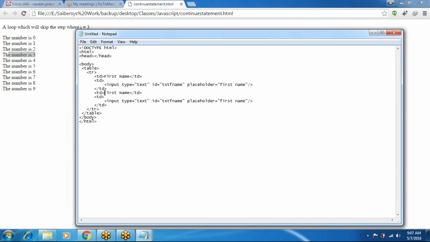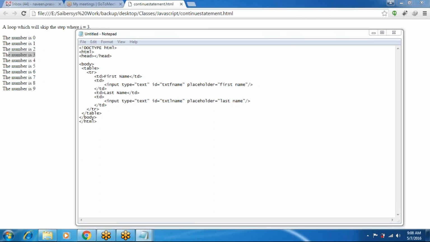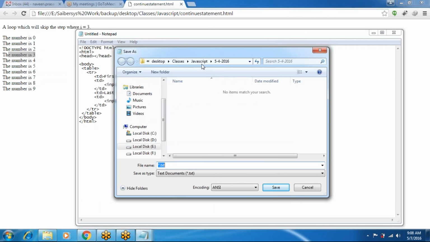So last name also, last name, last name. Okay, save this form.